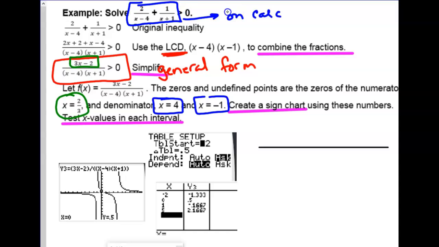And this is why I wanted everybody, if you were doing this, to type this version on the calculator. If you type this version on the calculator, you're going to see those exact things if you did it correctly. So if you look at your calculator and you're like, indeed, I do have an x-intercept at 2/3, and I have a vertical asymptote at -1 and at 4. If you typed the original one in and compare it to all your hard algebra work, they should match if